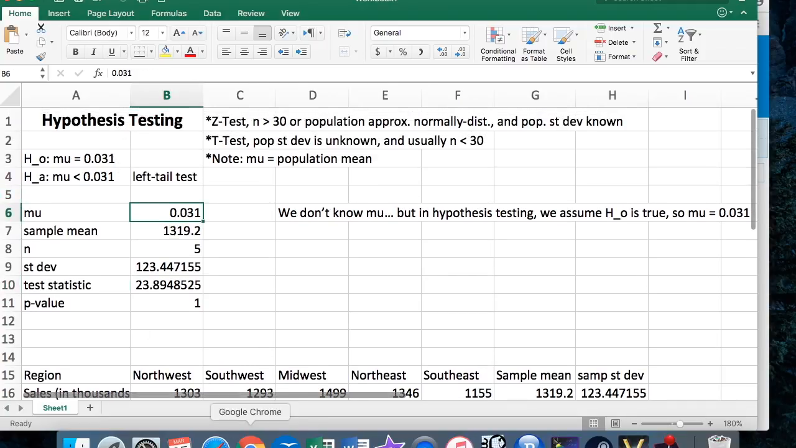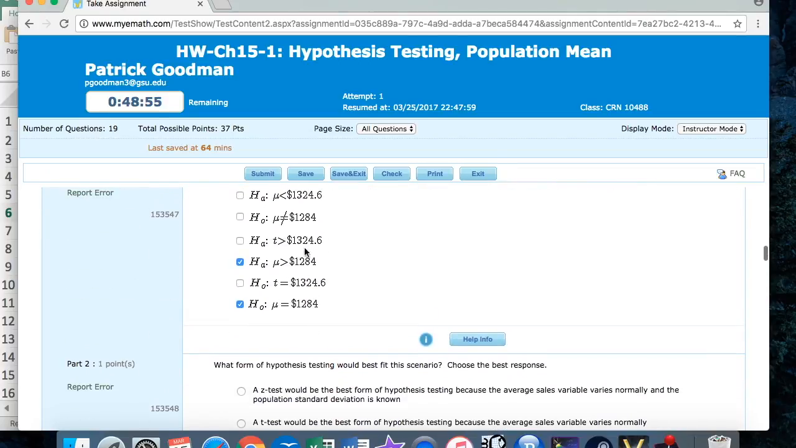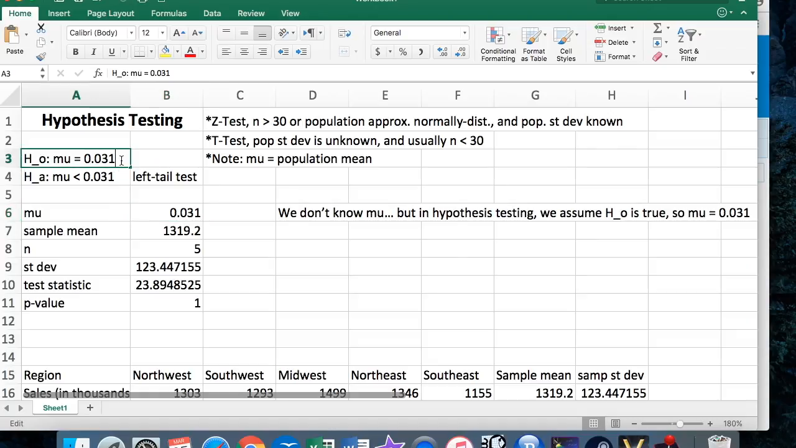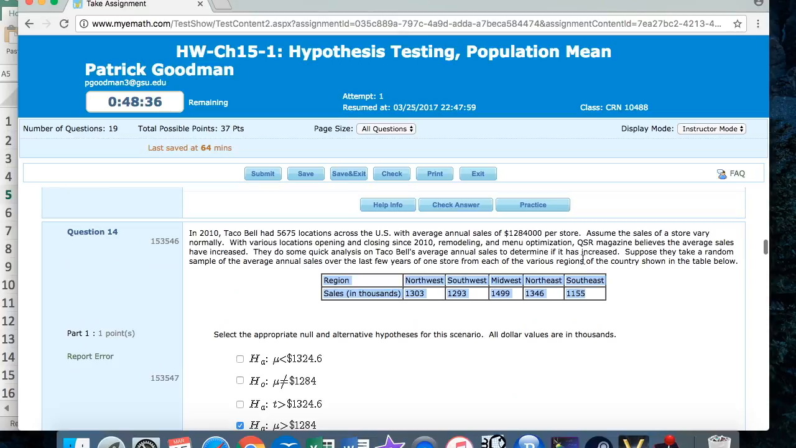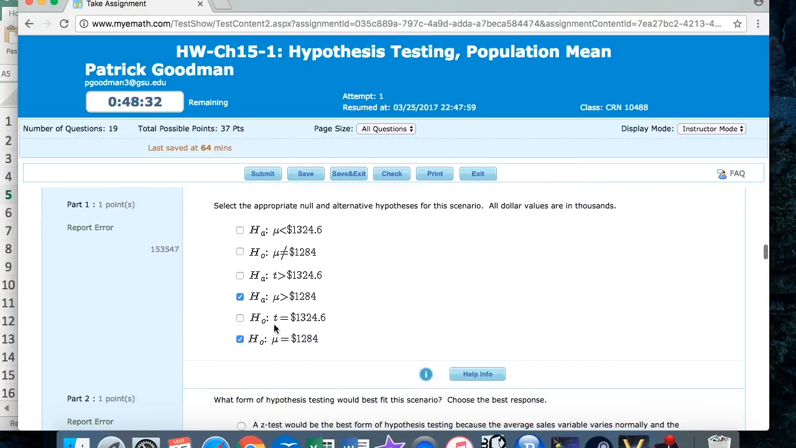Because in our hypotheses, we have is greater than 1284 and then is equal to 1284. So let's change that up here too. This is equal to 1284. And this is 1284, but this should be greater than 1284, right? That's what we're trying to show. So that's what it said. Magazine's average sales have increased. So if the sales have increased, that means that the sales are much larger now, or at least a little